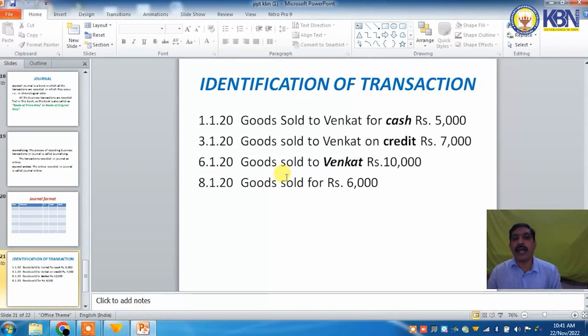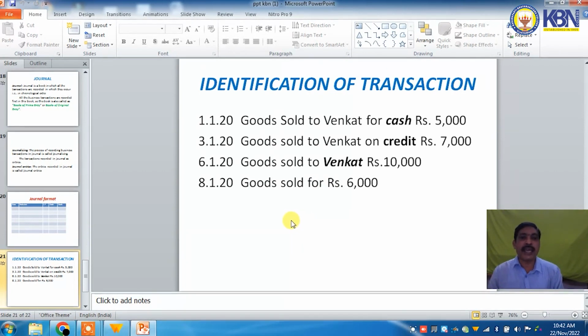Identify or verify whether a personal account is given or not. When a personal account is given, this transaction is treated as a credit transaction. If personal accounts are also not given in the transaction, it is treated as a cash transaction. Before entering journal entries,